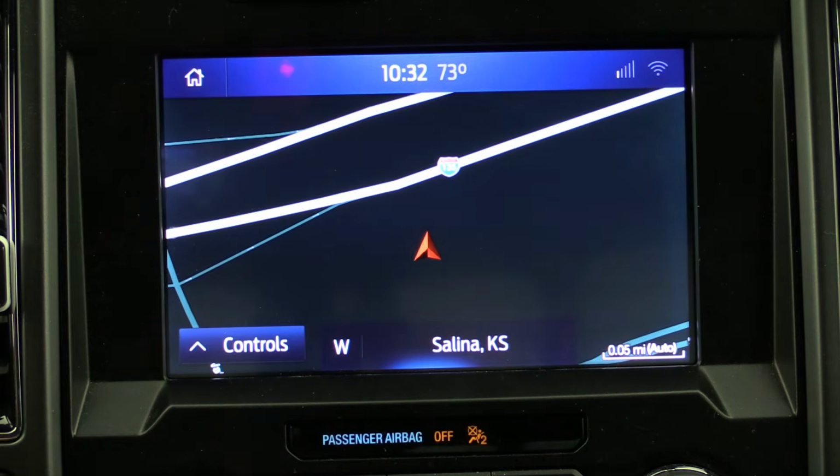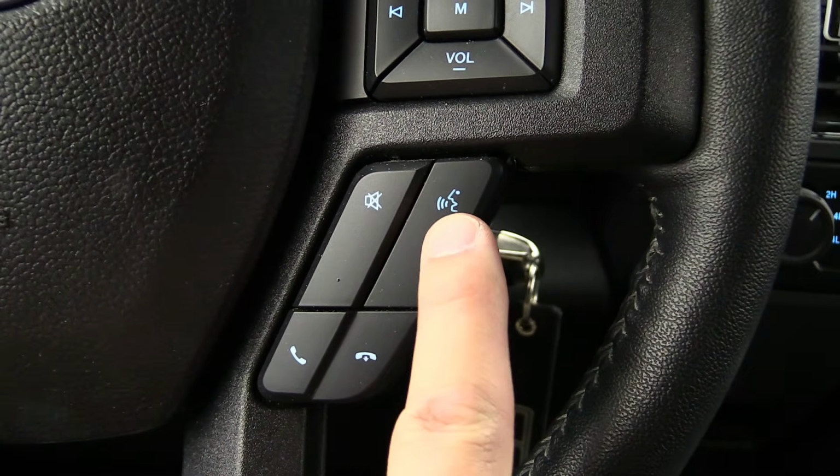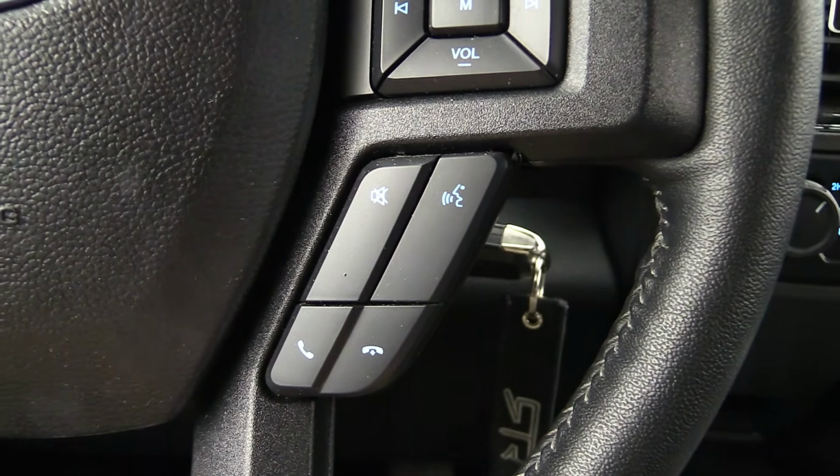So I'm going to show you, and I will be critically honest here, it doesn't work the best sometimes. We're in Wichita trying to get a location and put it in there, and we just could not get it to come up. I will show you probably the best way to be able to get it to do it first, and then go from there. So if I click the little icon on my steering wheel, you're not seeing it where you're at, but if I click that,